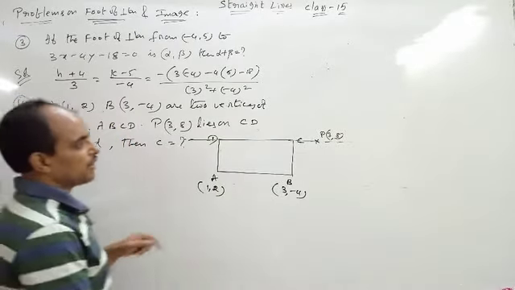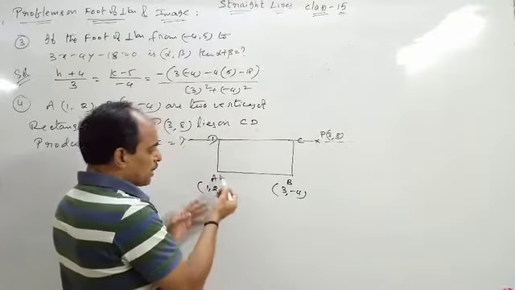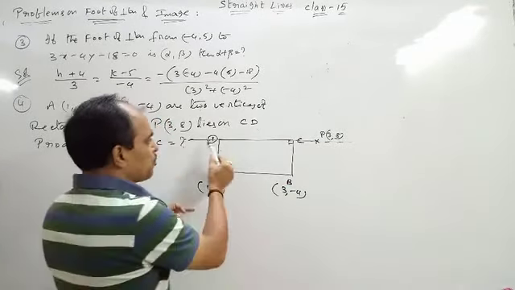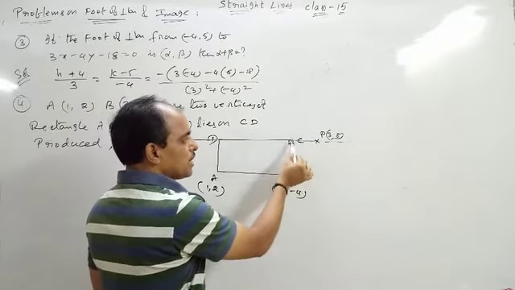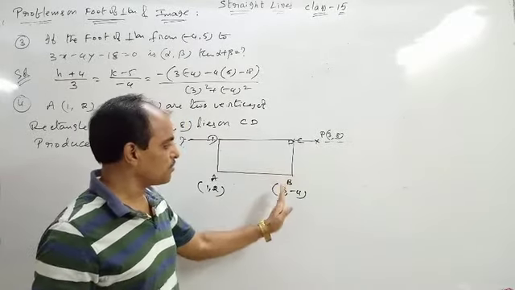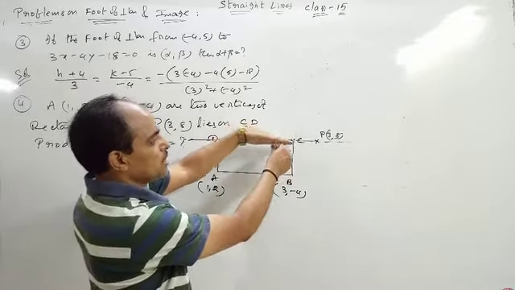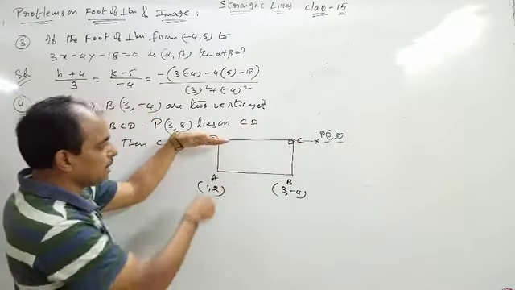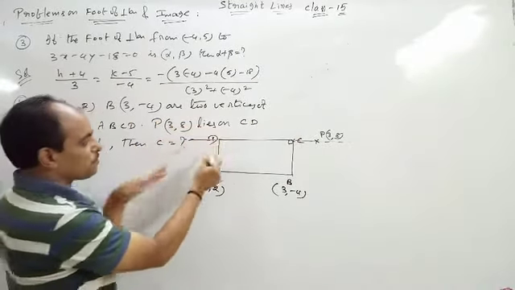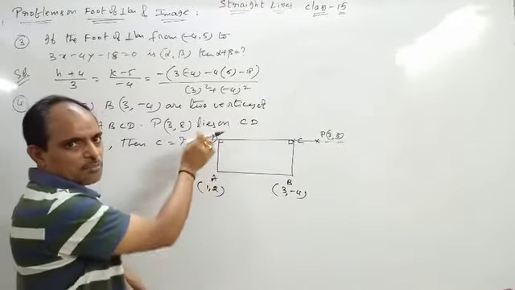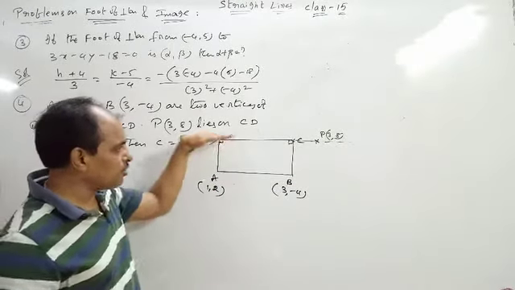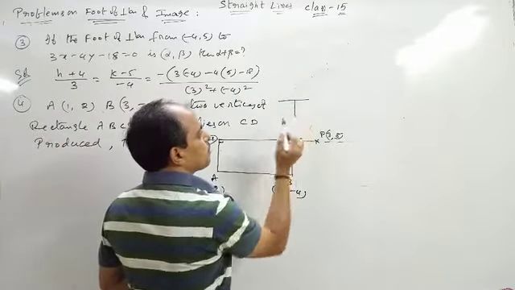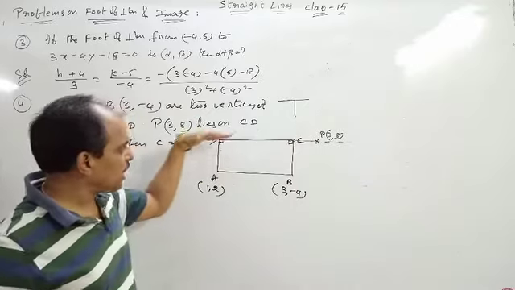Now see how to find this. You know very well that because it is a rectangle, this is perpendicular. Now, if you find this line, C is nothing but the foot of perpendicular from B to this line. This will be the foot of perpendicular from B. And D is also the foot of perpendicular from A. Now we have to find this equation. If you know the equation, you can use the foot of perpendicular formula. So first we have to find this equation.